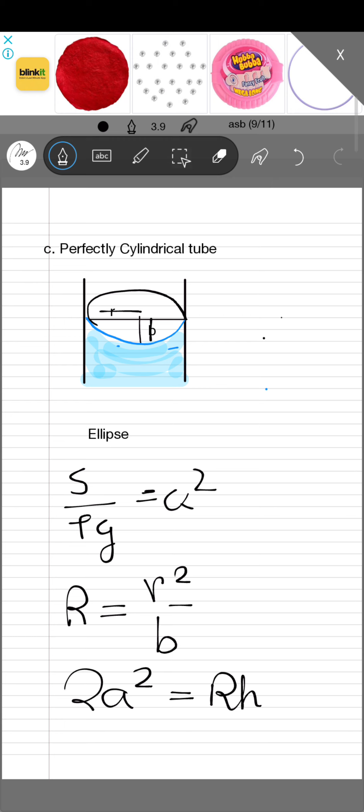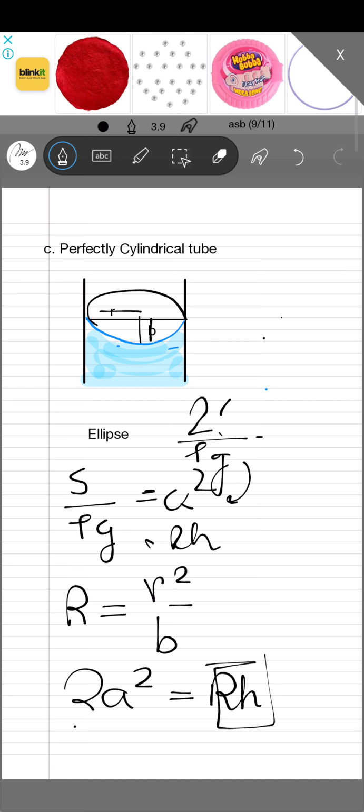Because 2a square means we are talking about 2S by rho g. This is equal to a square, this is equal to 2a square, and 2a square by rho g is equal to RH. So that's why S by rho g is equal to RH. So that is why 2a square will be equal to RH,